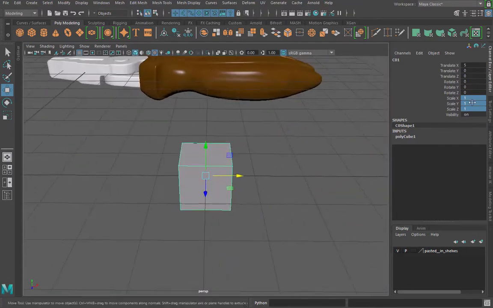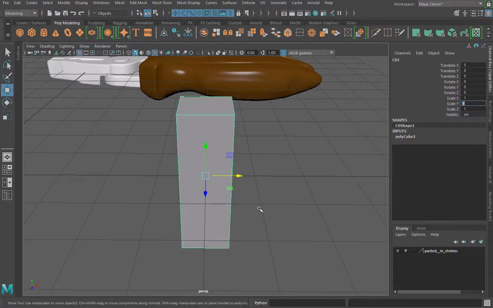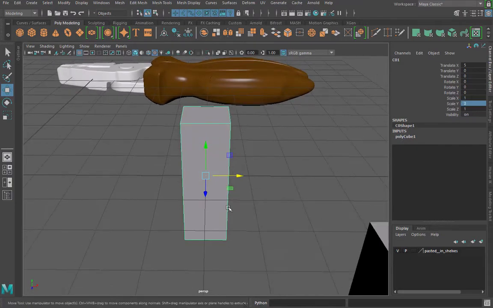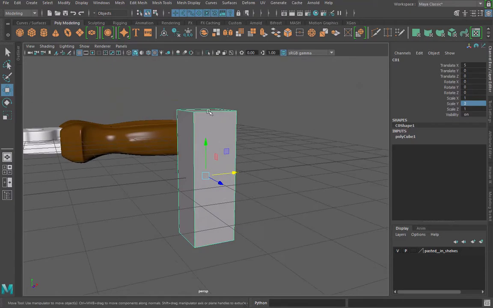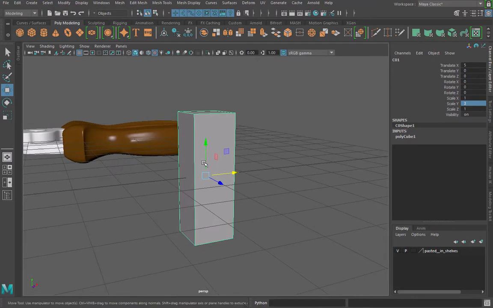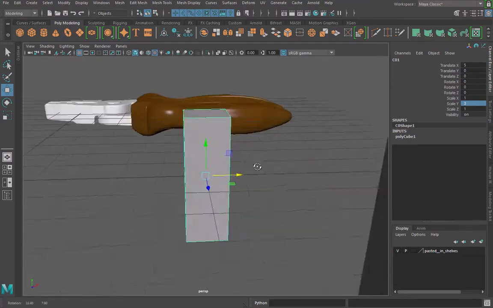If I put 3 for y, now the object is 3 times bigger according only to the y axis. As I mentioned, it doesn't mean just 3 units or 3 centimeters or anything like that,